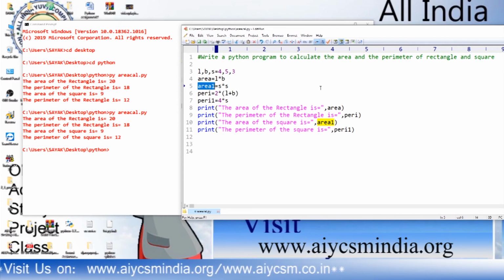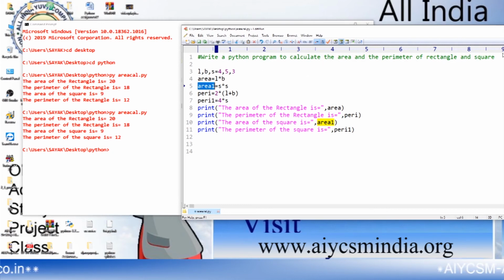It is nothing but a container which can hold the calculated value, the resultant value. So area is a container where we can store the value of length into breadth. Area1 is another container which can store the value of the area of the square. Perimeter is also another container.